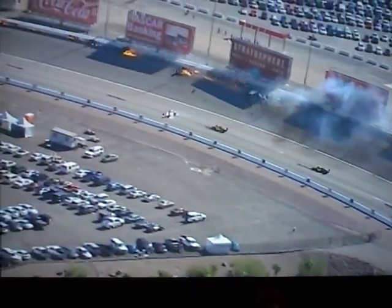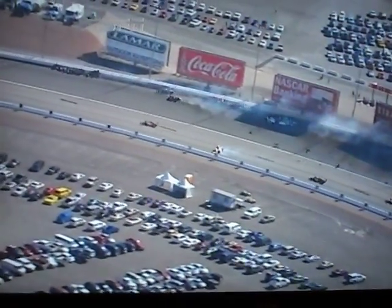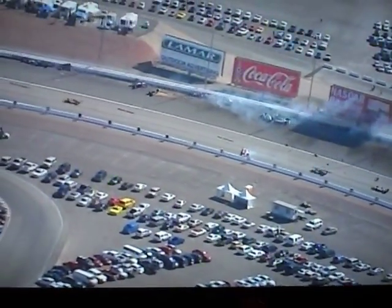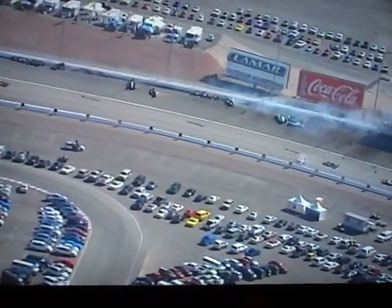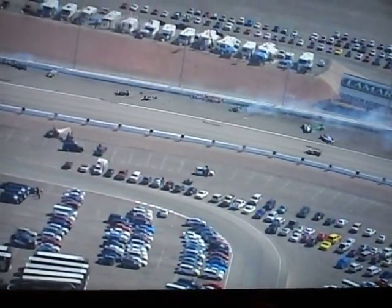We've improved, it really helps dissipate the energy when the cars hit, but it's the catch fencing above the SAFER barriers that these cars got up into, and that is what has done the damage. Another angle, and it's the second airborne car on your screen. And as you mentioned, Eddie, cars are just going for the same spot, and at this speed it just starts to